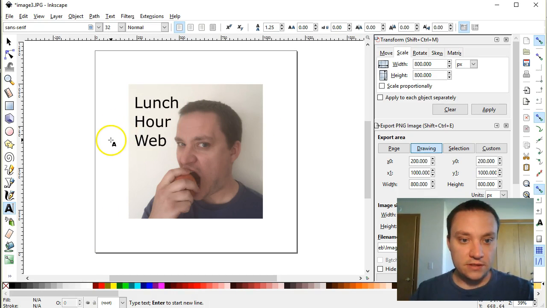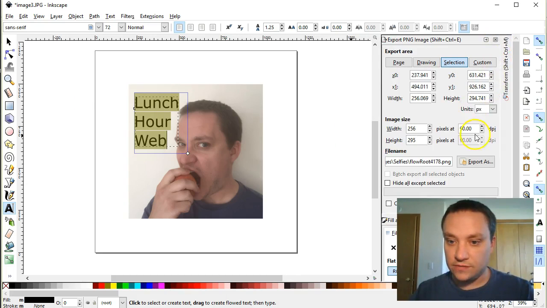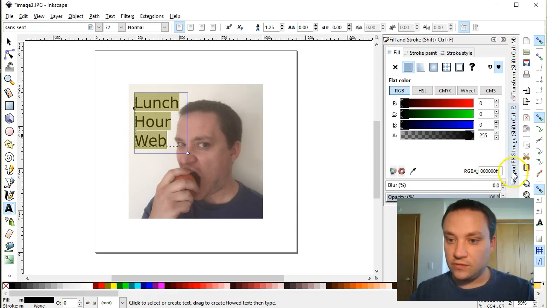And we know our color scheme. Let's go ahead and add it, make it a blue. Let's make this, okay, get rid of transform. Let's get rid of export. Let's just shrink that down right now, and let's fill this in with